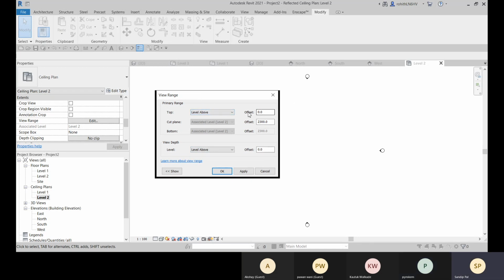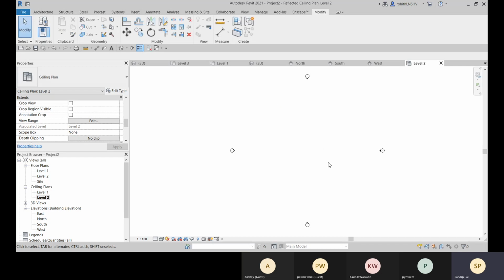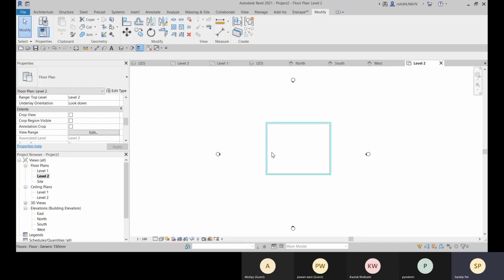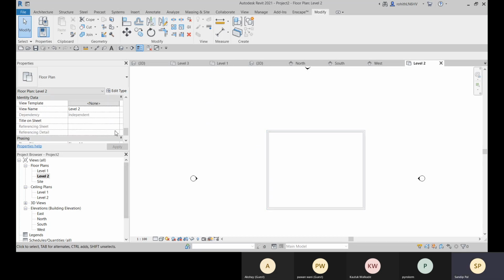Okay, so now you can see that I have created the walls. Just a second, not ceiling plan. I'll go to the floor plan level. And here you can see all the things are visible here, right? But they are visible in this dim color or the faded gray color, right? So here we have the option for this visibility, this option underlay. Okay, so what is available below? That is available here.